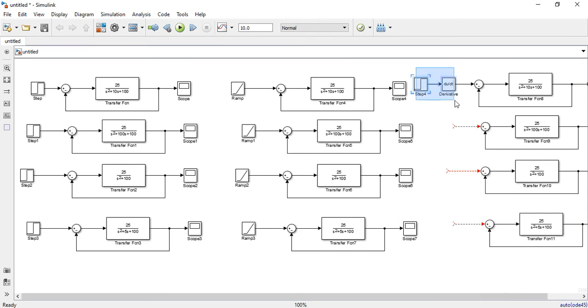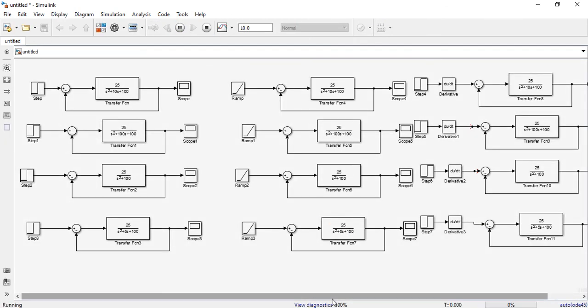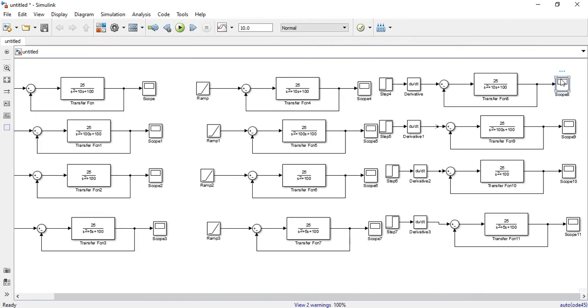The same pattern I will be following for the rest of the inputs. So this will give me the impulse input.